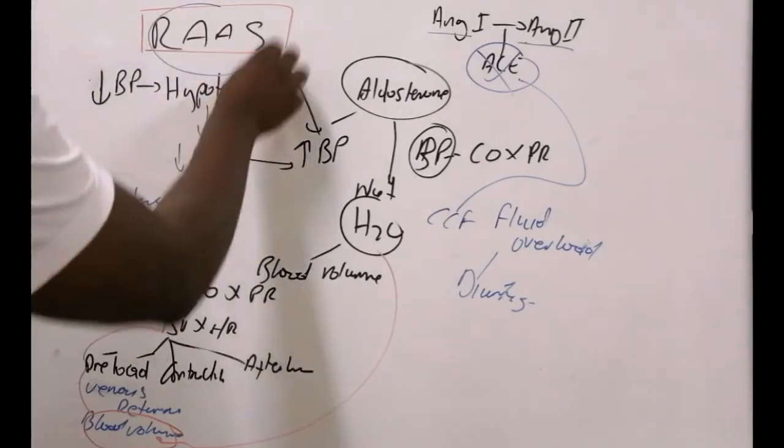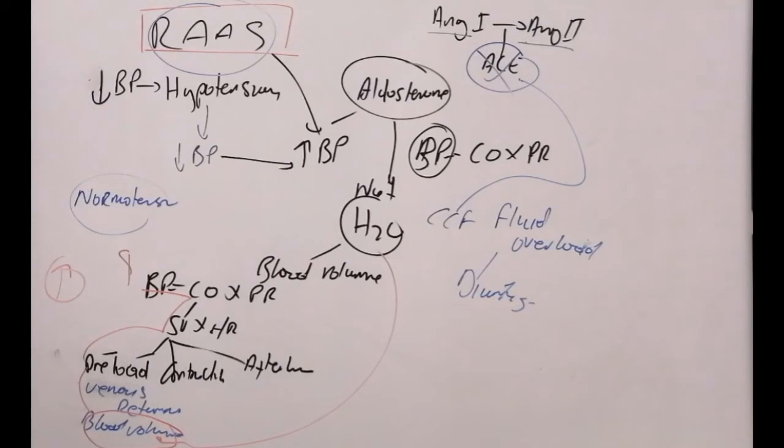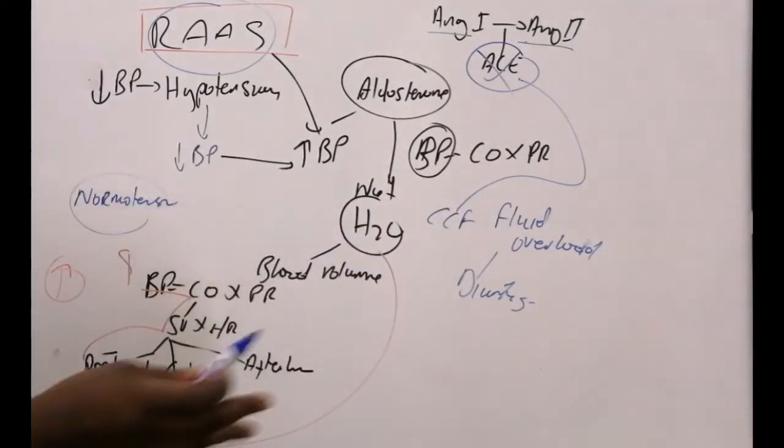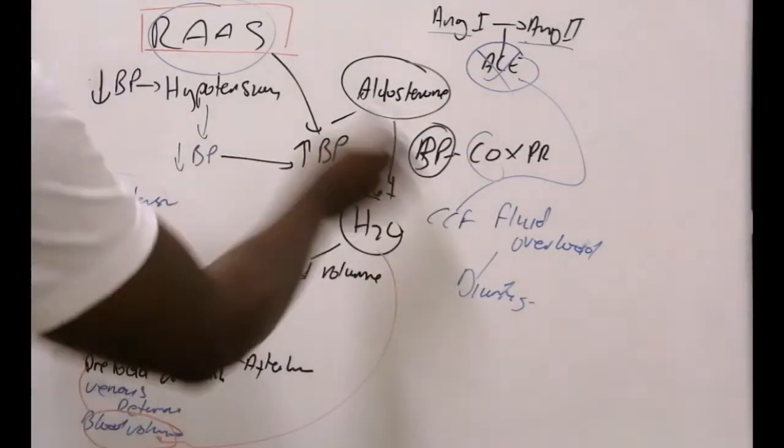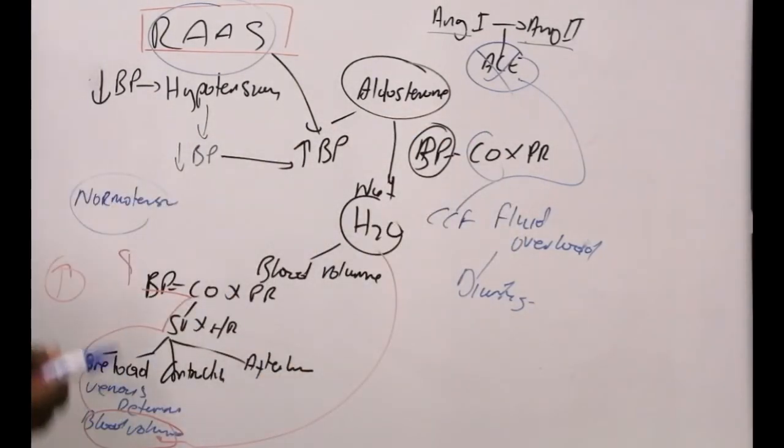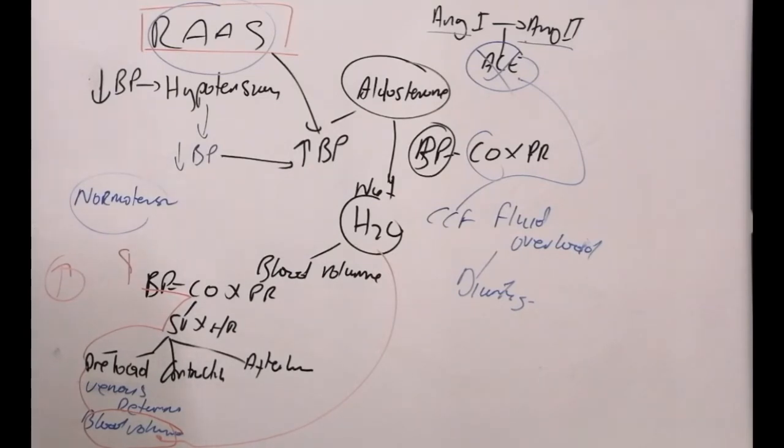a system that is concerned about water reabsorption. It just wants patients to reabsorb water. And the more water they reabsorb, for a hypertensive patient, they will increase their cardiac output and increase their blood pressure. So you won't win with your antihypertensives. That's where it is. So I'm going to say it again: the RAAS system is horrible for hypertensive patients. It's horrible for CCF patients because of these reasons. Right? So that's why we've got these ACE inhibitors to switch off that RAAS system.